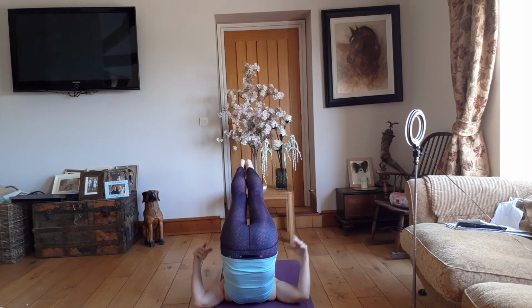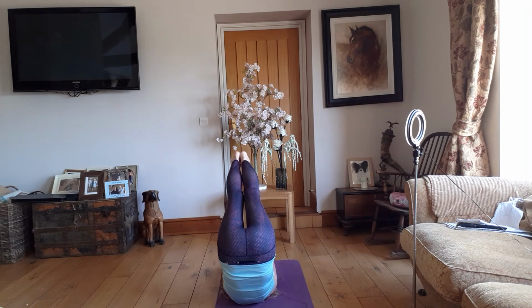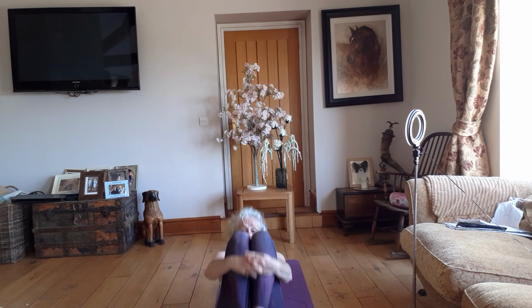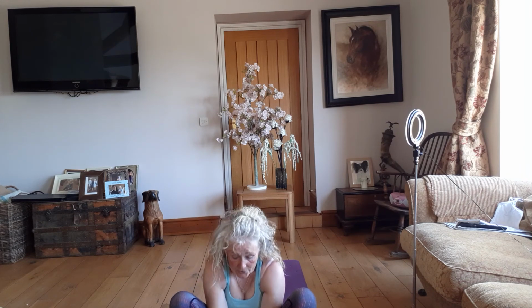And if you can, your arms can go behind you. And then only if you can, take your knees to your forehead, relax your arms. Breathe into your closed diaphragm. Then holding your knees, rocking forward again, and then taking your hands through the gap